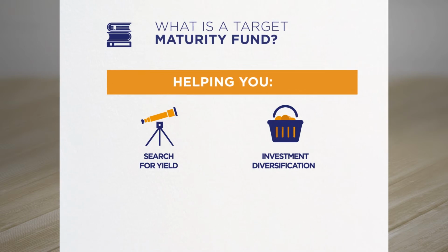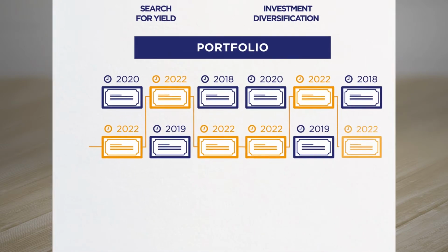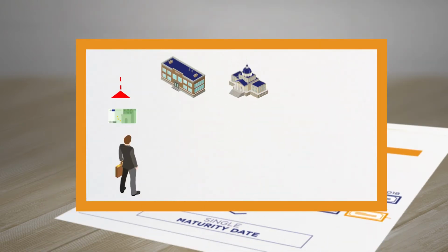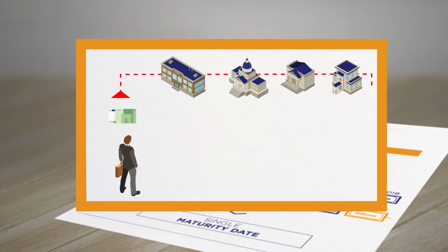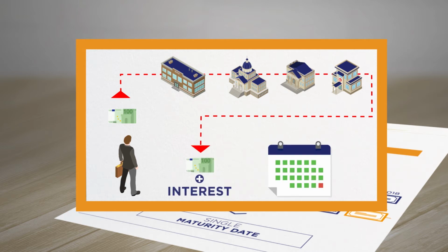A fixed maturity bond fund is a portfolio of bonds with the same maturity date. A bond is a debt instrument that can be issued by governments, public sector bodies, or companies to finance their projects. In exchange, the issuer makes a commitment to pay coupons or interest on a regular basis and to repay